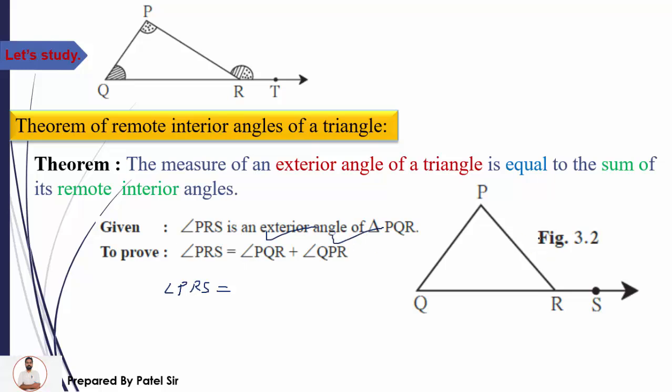So this one is the basic theorem of remote interior angles of a triangle, and it's a universal truth for the exterior angle. You can draw an exterior angle on this side also, you can extend this side also, and like this also, and this side you can also extend. All these are exterior angles. This side, this side also exterior, this one is also exterior, and you can observe over here this one is also an exterior angle. So these are the exterior angles and interior angles of a triangle, and the relation between the exterior angle and remote interior angles of a triangle.